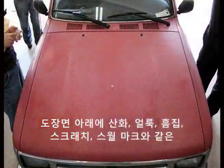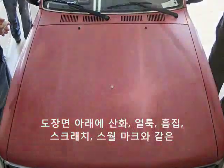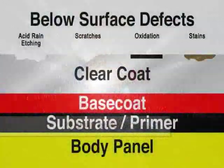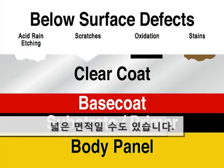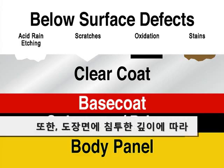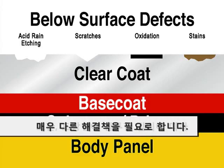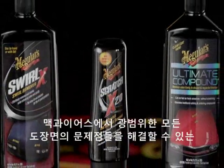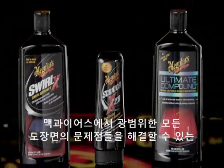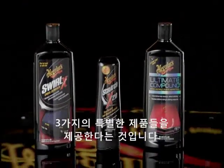Abused and neglected paint finishes are exposed to a variety of below-the-surface paint problems like oxidation, stains, blemishes, scratches, and swirl marks. Each one of these problems can be isolated to a certain area or be widespread and can require vastly different solutions depending on their depth of penetration into the paint. The good news is that Meguiar's offers 3 totally unique surface prep products that collectively address this full spectrum of